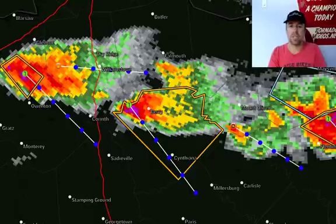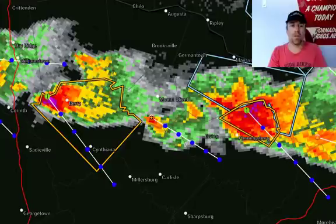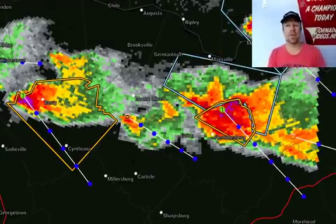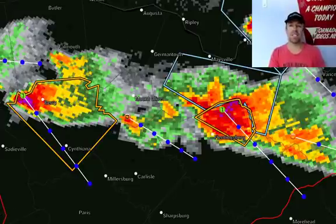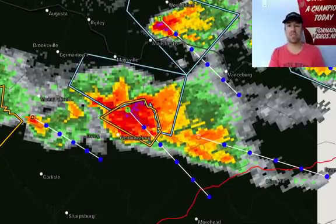Look at him. Just moving off to the south, southeast. Very intense, large hail producers across northern Kentucky. And this is why that enhanced risk is so large, covering large portions of Kentucky and Tennessee. These storms are ongoing right now, and there's going to be additional storms developing later on this afternoon across central